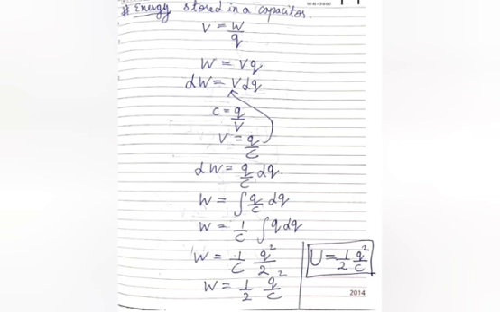Now to make dW into W, we'll take integration. So when we integrate it, it becomes W is equal to 1 by C integration of Q dQ. Then as per the formula of integration, since the power of Q is 1, we'll add 1 to it, so it becomes Q square, and we'll divide it by 2. Hence W becomes half Q square by C. And later on we can say that this work done is converted into potential energy, hence U is equal to half Q square by C. Now this is the first expression for energy stored in a capacitor.